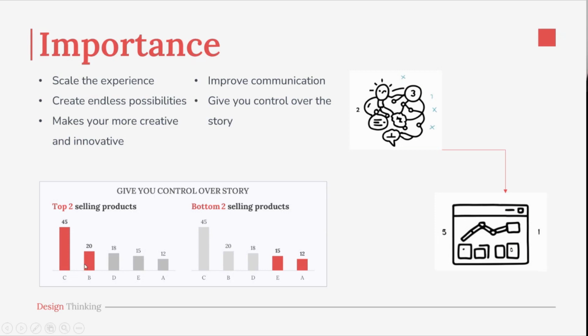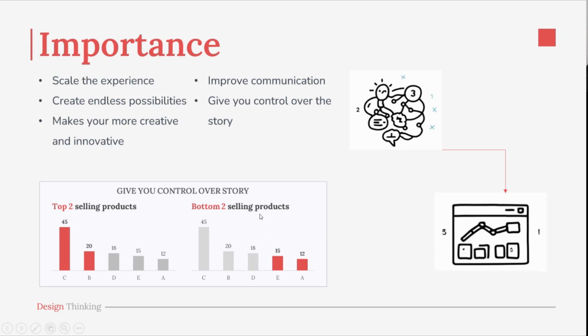In this, if you see, it's practically the same data, but just by changing some design things, by changing the title and the highlight, they both convey two very different stories. If you show the first chart to a decision maker or to a company, they will see, okay, these are the top two products. Why are they working? Is there scope to expand their product, or to create